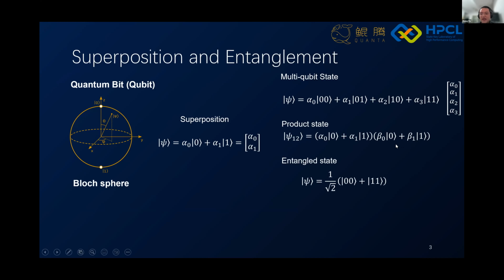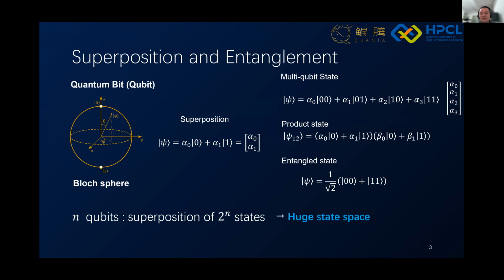And we also have entangled states. Qubits cannot be isolated from each other, and the state looks like this. You cannot write it as a product state. So if we have n qubits, then we have 2 to the power of n basis states, and this is a huge state space.